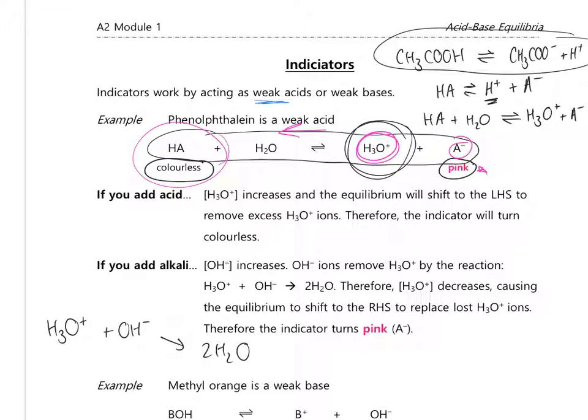So if it's reacting with the H3O plus ions, what's happening to their concentration? Going down, you see. It's going down because they're being removed from the solution. And so what happens to the equilibrium? It shifts to the right hand side to replace those H3O plus ions that have been used up by the hydroxide ions. And so your solution changes colour to